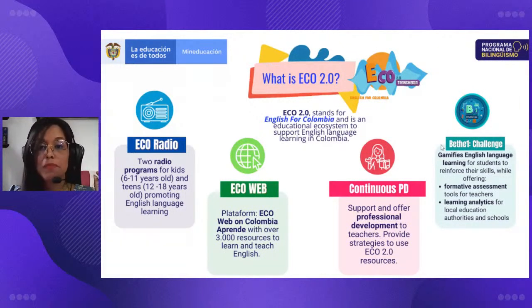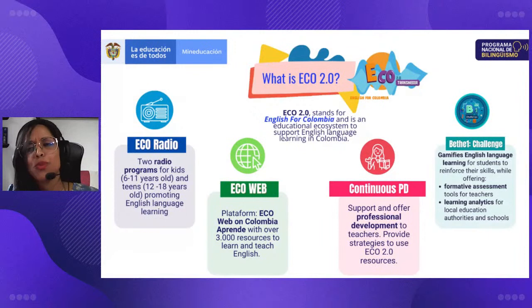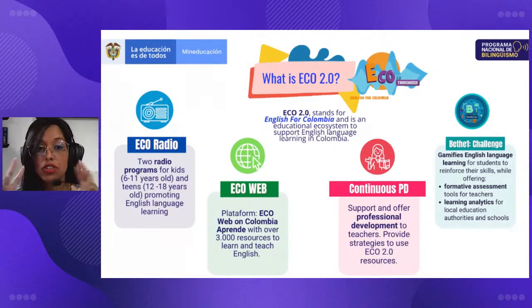And as a big part of this ecosystem, we have Be the One Challenge, which is our app. Our app has 3 main elements that are super important. The first one is that it gamifies English language learning, so that our students can reinforce, not necessarily learn, because it's not an app to learn, but to reinforce our skills. It also offers 2 other components, not just for students, but for teachers. From a teacher's perspective, Be the One Challenge can offer a formative assessment, and local education authorities and schools can use it for learning analytics, to get data and make better decisions moving forward about all of the strategies that we use to keep